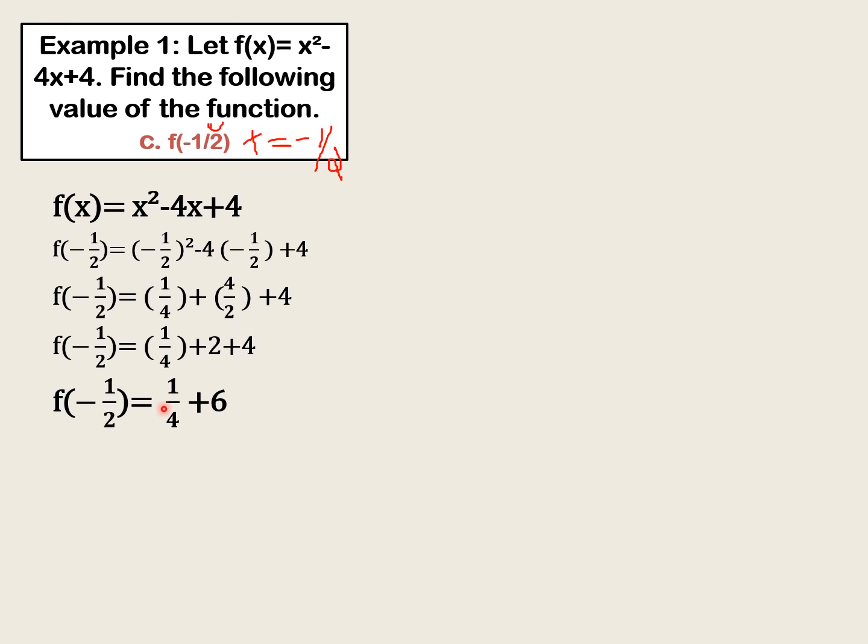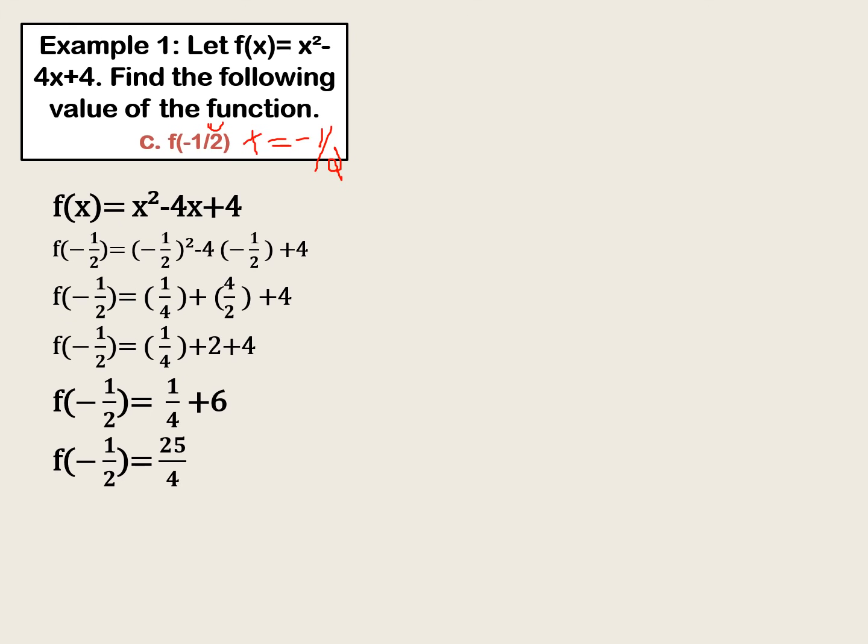Now, since we have here a fraction at the same time a whole number, we're going to combine them. Okay. So, this becomes what? Our f of negative 1/2 is equal to what? 25/4. After you added 1/4 and 6. So, bale, 1/4 plus 6, it would be equal to 25/4. Okay, now,